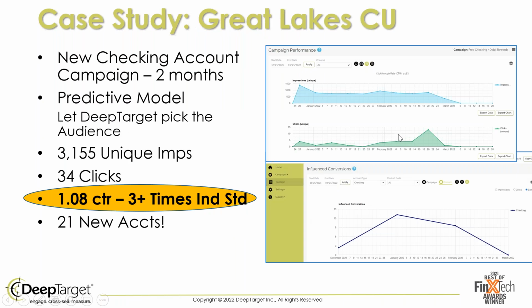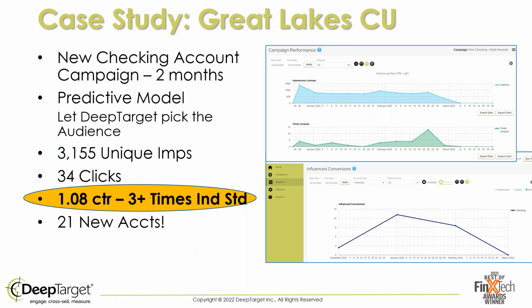So first of all, a round of applause for Great Lakes Credit Union and their checking account campaign that they're running with predictive model. By the way, they participated in our predictive model and prepend first name challenge in January. And already their click-through rate is 1.08%, 3 times the industry standard. So great set of impressions, clicks, and then finally the overall influence conversions are coming along right behind those. So great work to Great Lakes and D'Angelo there.